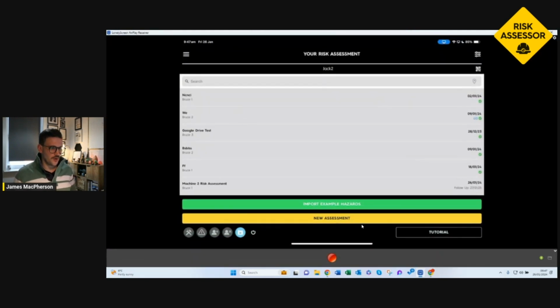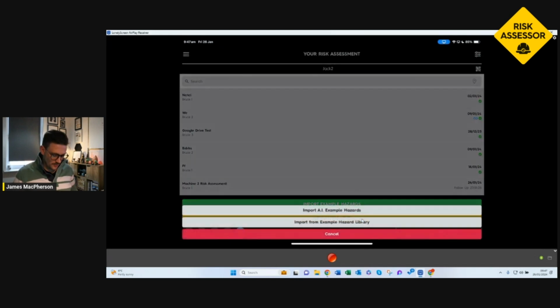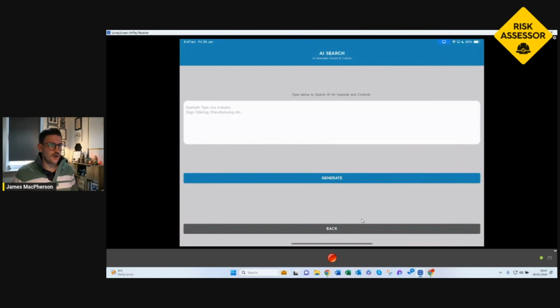So for example, if I wanted to import some example hazards, you can see that gives me the AI example. Now, all the AI is, is an assisted search, really. This is really helpful when you get writer's block, so to speak, on a risk assessment. If you just can't see the wood for the trees, there are so many hazards, you don't know where to start, or if you just want to check what you've done, make sure you haven't missed anything,